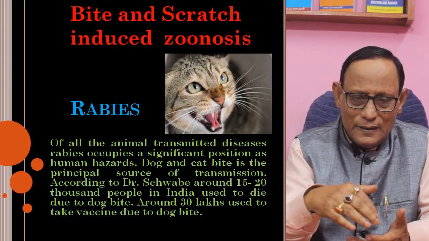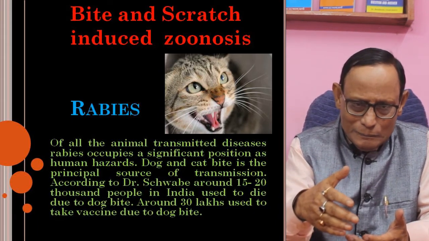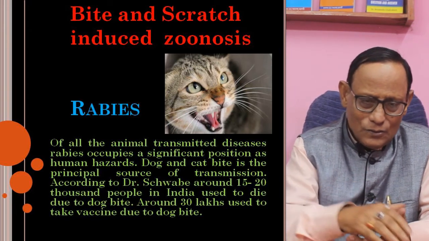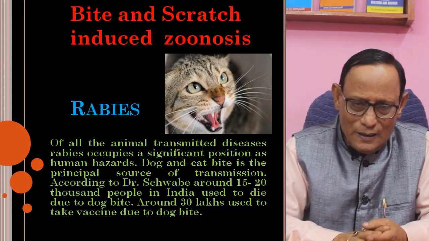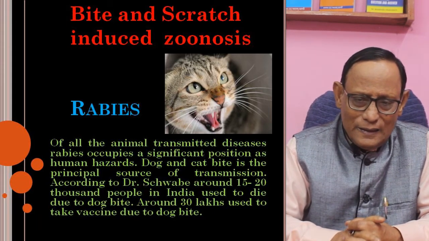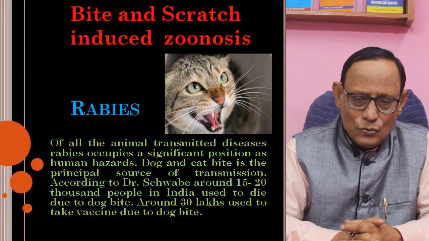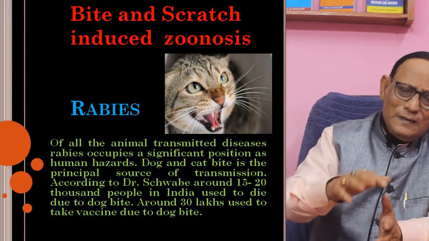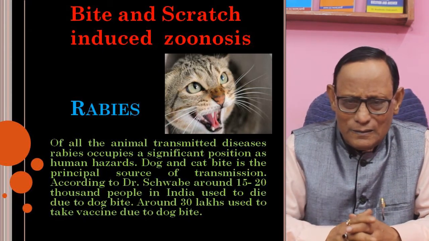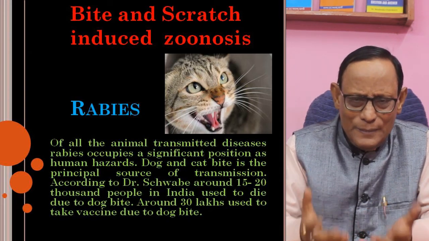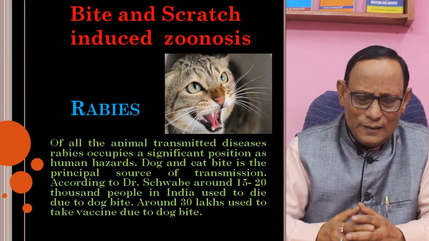So if a cat bites any human being, in that case also the question arises. Dr. Schwab has said that around 15 to 20,000 people in India used to die due to dog bite. Around 30 lakhs used to take vaccine due to dog bite. More or less similar is the situation in case of cat. A similar situation will arise if a cat bites a human being,